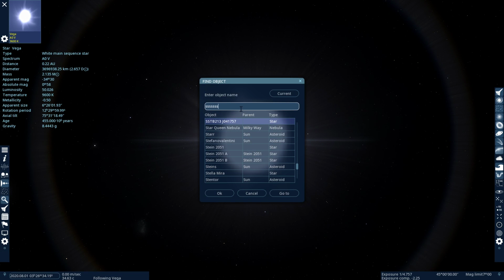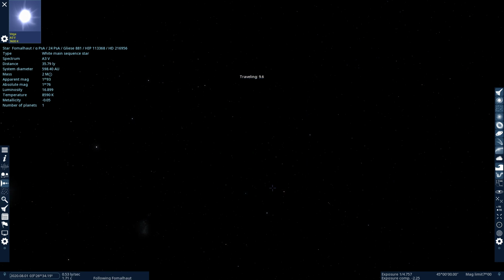All right, let's try. Okay, there's one that I know has a planet, a real planet. Fomalhaut. What a great name. So let's go to Fomalhaut. It actually does have a real life planet. We're going to go visit that, and that's probably the last thing we're going to do